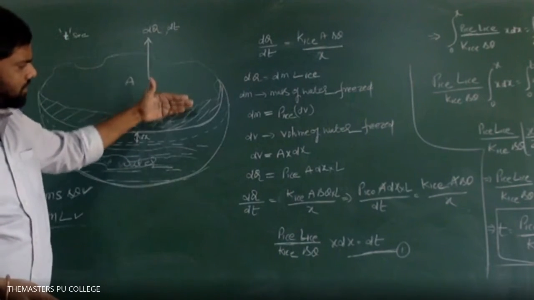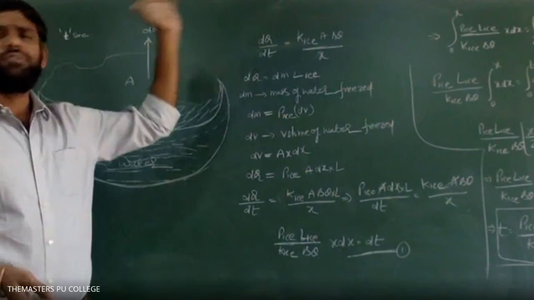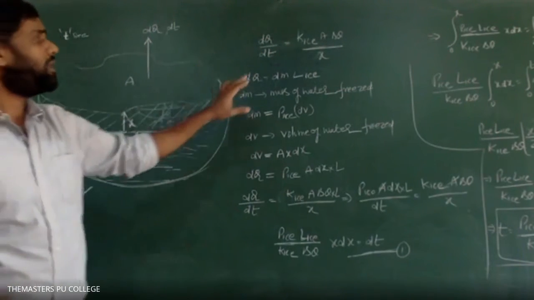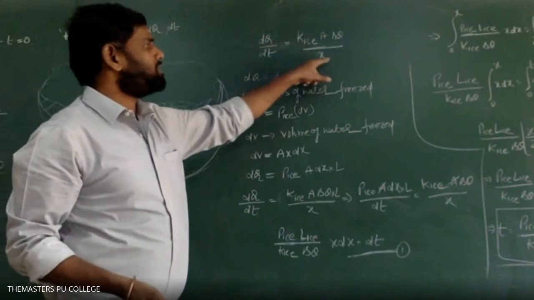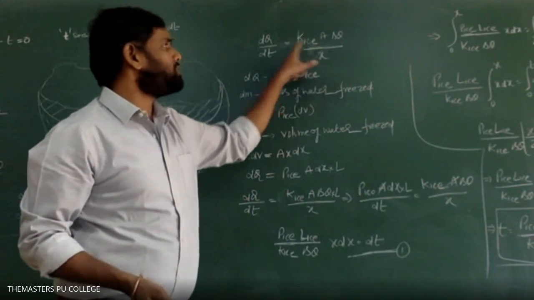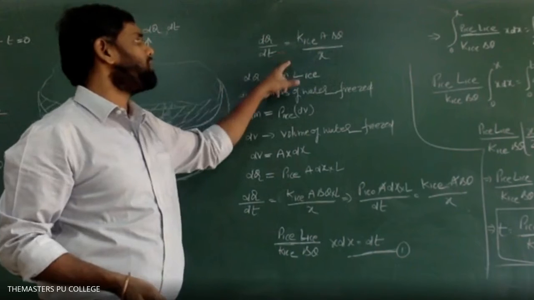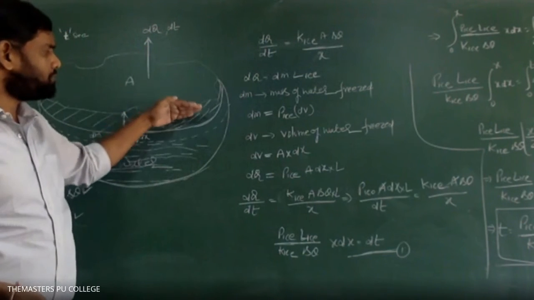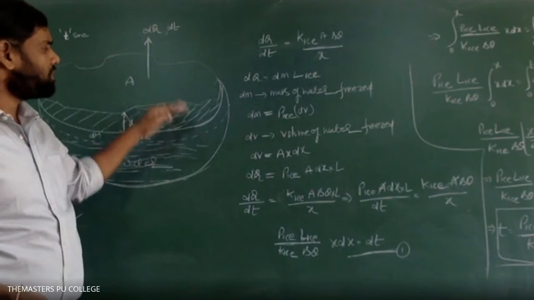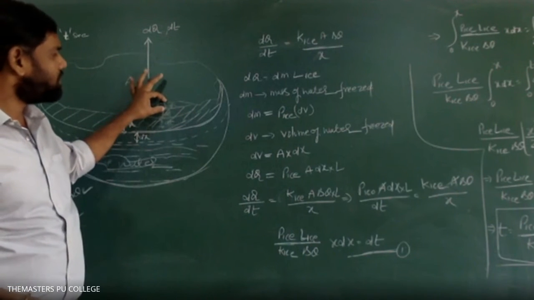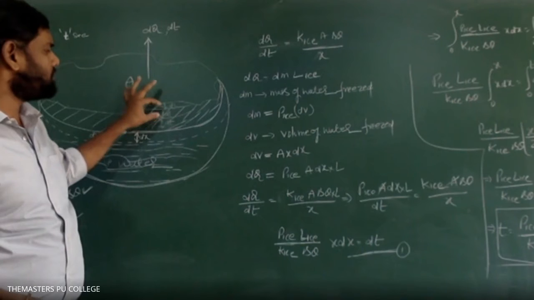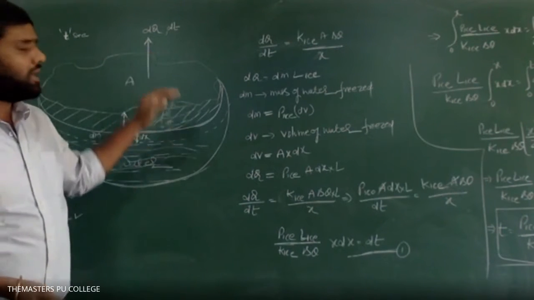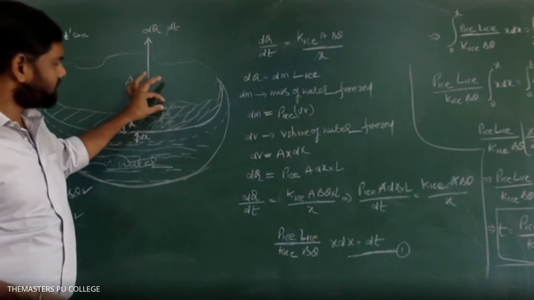If it were a constant process, we could use dq by dt to calculate t. But as time passes, x is increasing, and as x is increasing, the rate is decreasing. That's why the formation of the ice layer is not a constant process, it is a step by step process. The time interval for the first dx will be different, the next dx will be different, and so on. That's why we calculated the time for each dx.